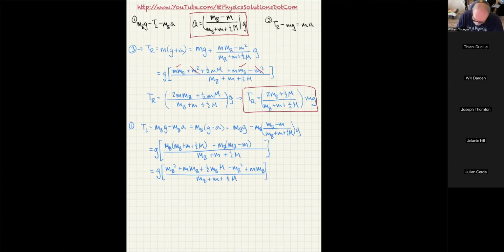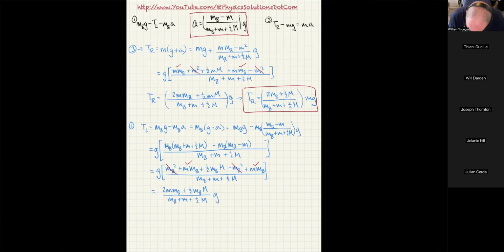In this case, you can see that I still get the 2m MB term. So this one and this one's going to add together to give you the M. But in this case, we see that the MB squared minus the MB squared is going to cancel out. And now I'm going to get 2m MB plus 1 half MB M. That takes care of all of the numerator terms, and then all that divided by MB plus M plus 1